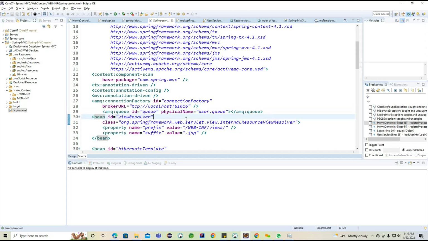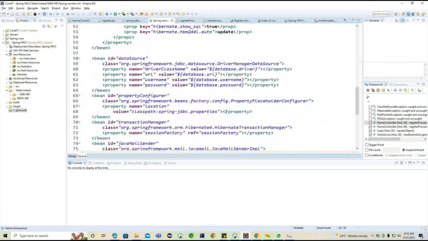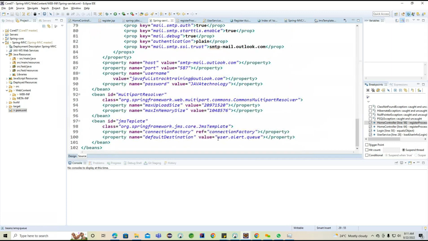So finally, we created the ActiveMQ related configuration. Here we have the connection factory, and we created one queue because inside the queue only we are going to send the data. In the JMS template, this is the queue name we are using, and internally it is expecting the connection factory. So this we identified. After identifying this example, now what we basically need